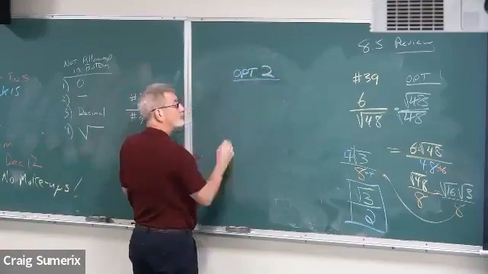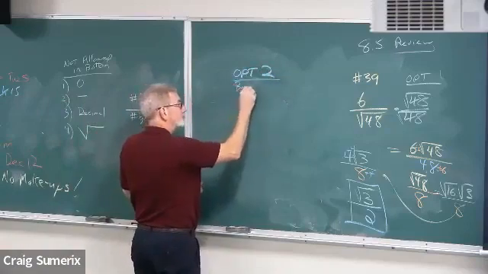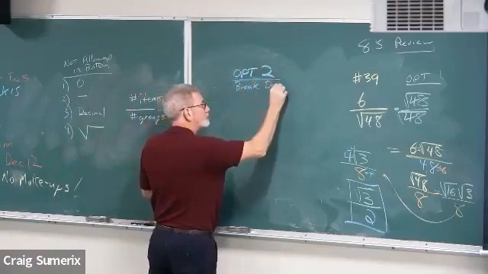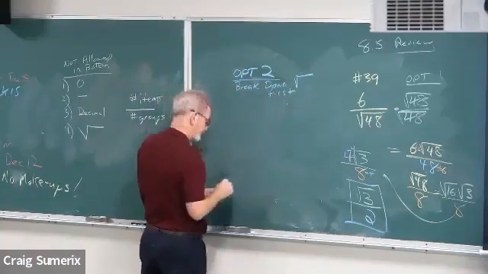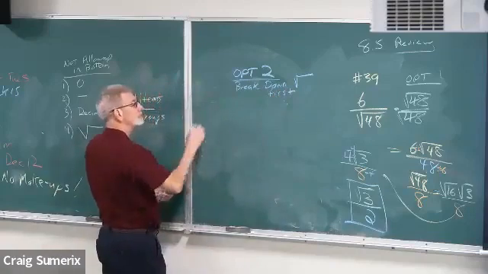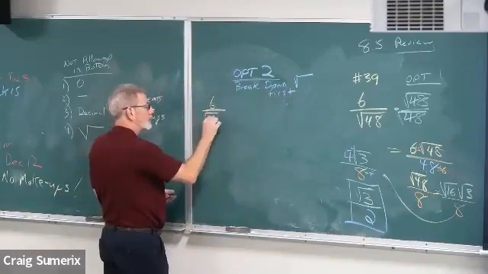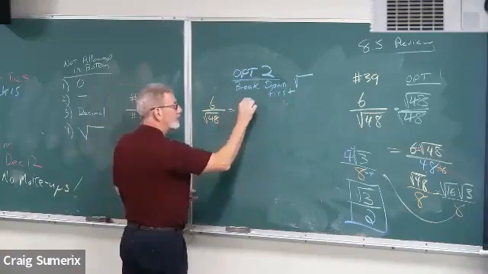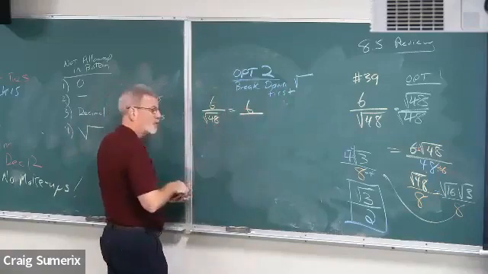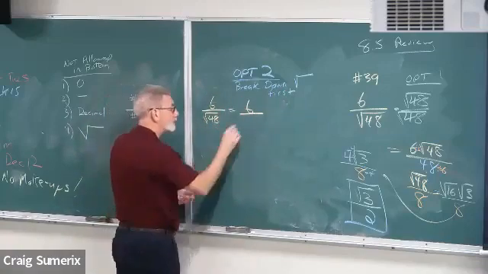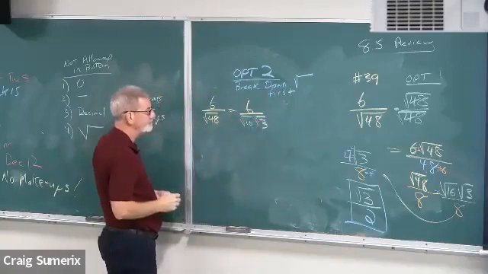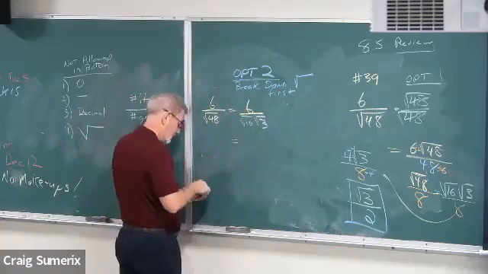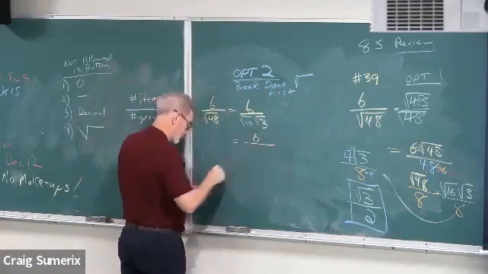Option 2. Break down what's in the radical first. 6 over the square root of 48. We just said that that is, what colors did I use? That's the square root of 16 times the square root of 3. Agreed? Mm-hmm. Which would make this then 6